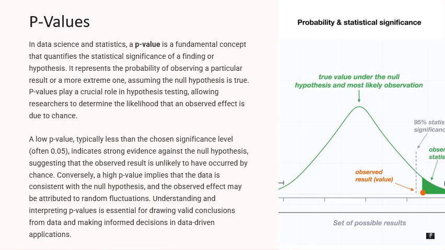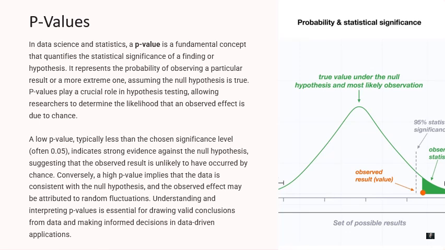And next, let us see p-values. In data science and statistics, the p-value is a fundamental concept that quantifies the statistical significance of a finding or hypothesis. It represents the probability of observing a particular result or a more extreme one, assuming the null hypothesis is true. P-values play a very crucial role in hypothesis testing, allowing researchers to determine the likelihood that an observed effect